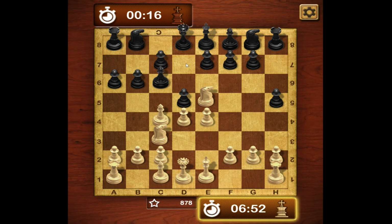Okay, so he's chosen to move his pawn 2 spaces forward. And it is protected by 2 pieces. So I have 1, 2, 3 pieces that are targeting this pawn. So if we just run through what is likely to happen here, if I were to take